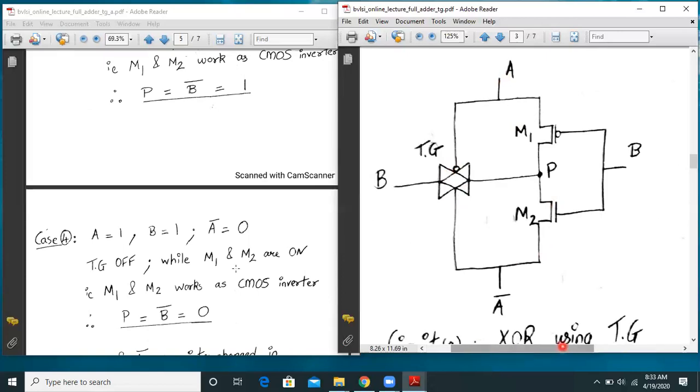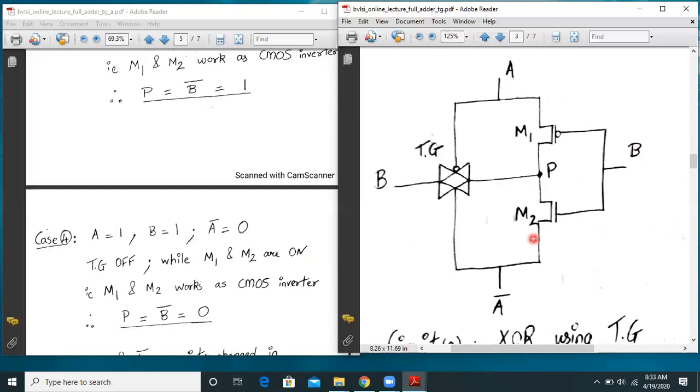But here again the statement is wrong. M1 and M2 are not on simultaneously. So let us see which of the transistors is on. If B is 1, my M1 is off. M2 is on because M2 is my NMOS transistor, and an NMOS transistor is on when a logic 1 is applied to its input.